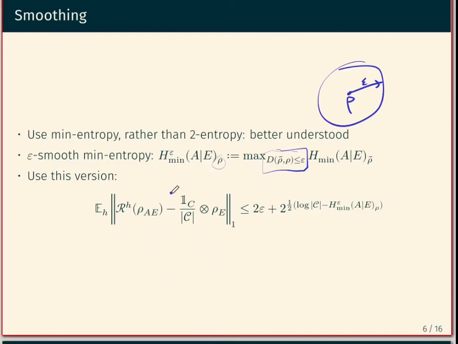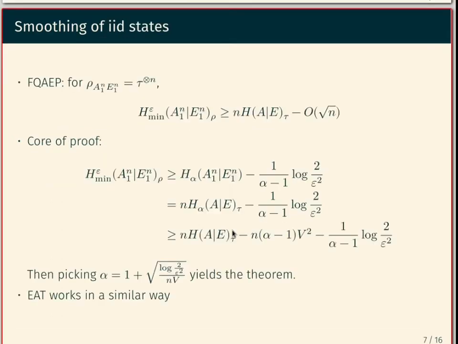So if we plug this into Renner's theorem, we get something like this here. The upper bound on the quantity we want is the same quantity we had before, but with the smooth min entropy. Of course, we have to pay for the smoothing process by having an extra term here that comes from the triangle inequality. And this works pretty well for IID states,